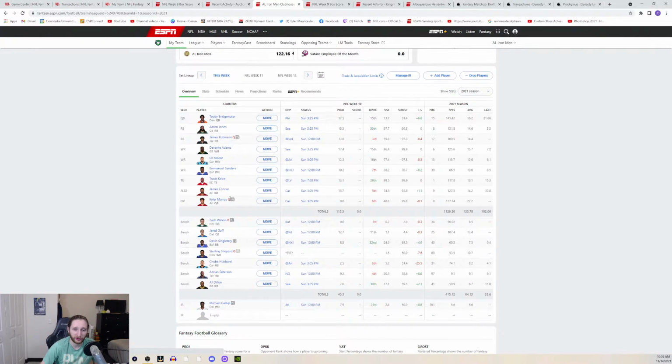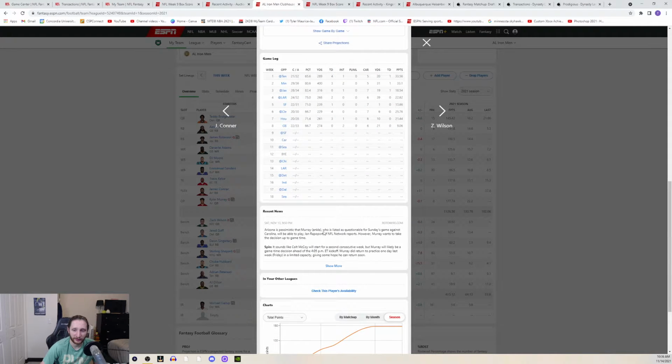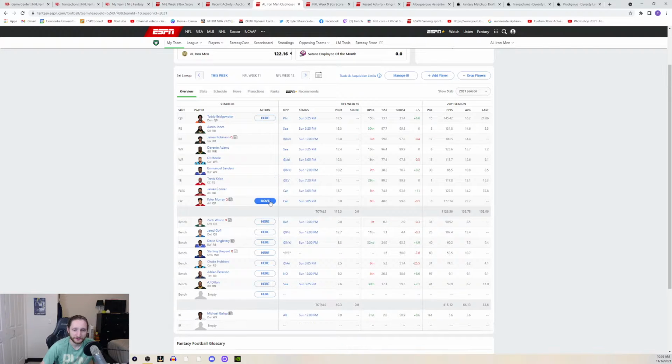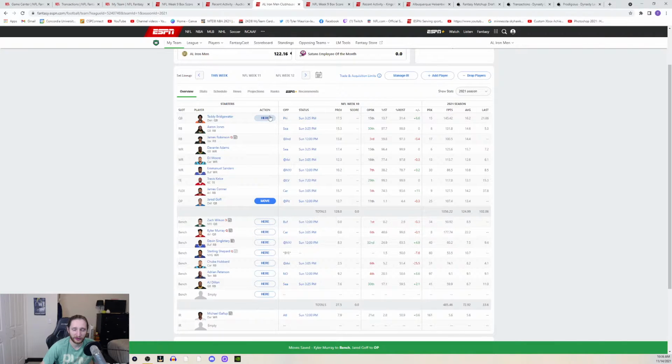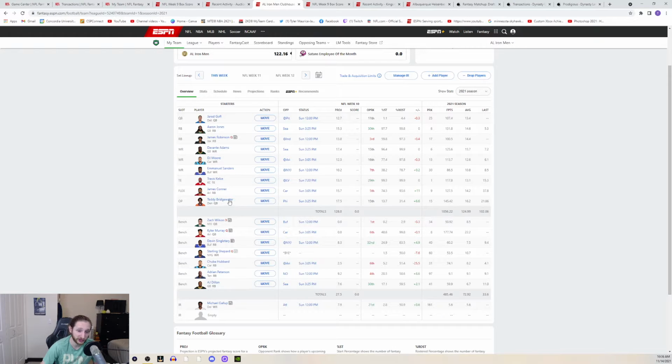So, last I heard, it's looking like Kyler Murray is not going to play. They're pessimistic. Him and DeAndre Hopkins last I heard. So, what I'm going to do is put Jared Goff in there for now. And then I'm going to move Jared Goff to this spot because he plays earlier. So I want the later game with Teddy Bridgewater in the more flexible position in case I need to make any changes later in the day. But if Kyler Murray actually is playing, things take a turn for the better and he is active, I will put him in for Jared Goff.